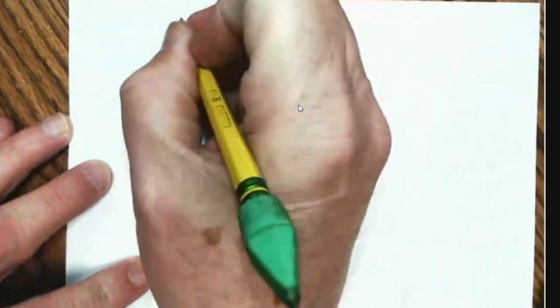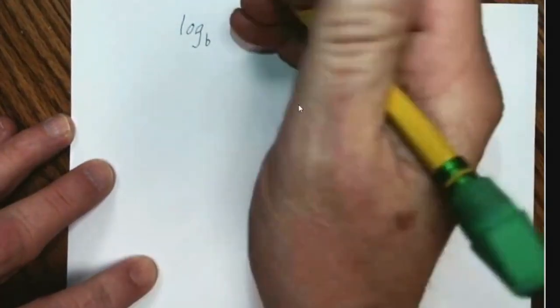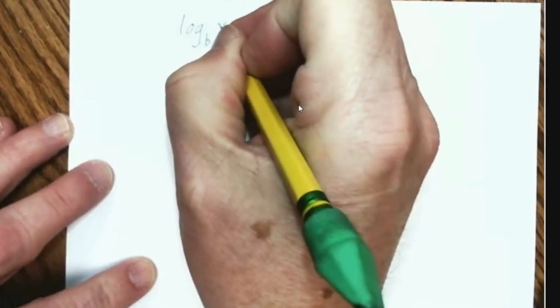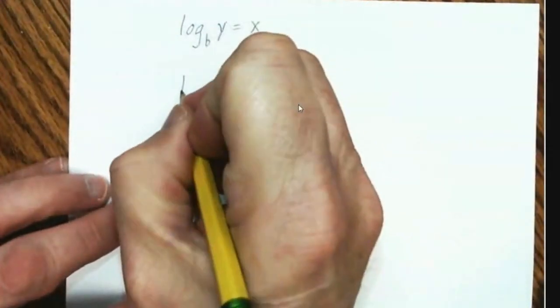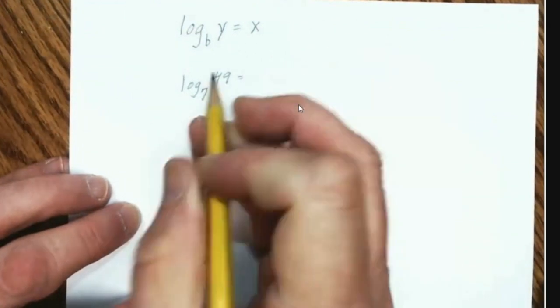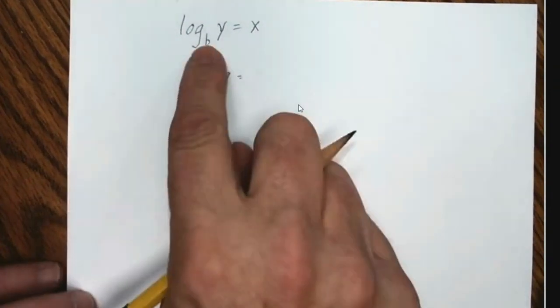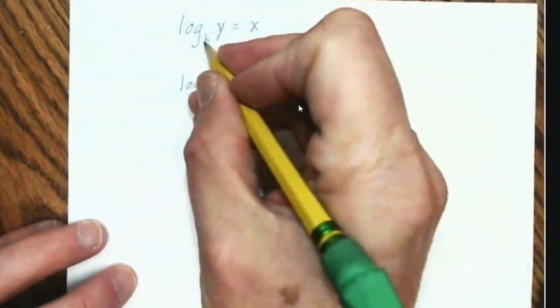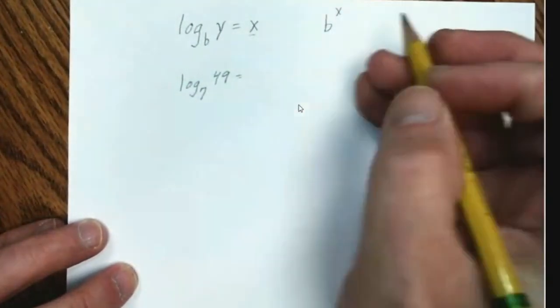All right. So if we remember, we were looking at logarithms and exponential equations. And with a logarithm, we'd have log, and it had a base, right? Log base b of y equals x. We have something that looks like that. In a practical example, let's say we have log base 7 of 49, where this is the base and this is the argument. And we're like, how do we solve that? Well, we can rewrite this as an exponential equation. The b is the base, so that would be the base of our exponent. And this over here is our exponent. So b to the x power